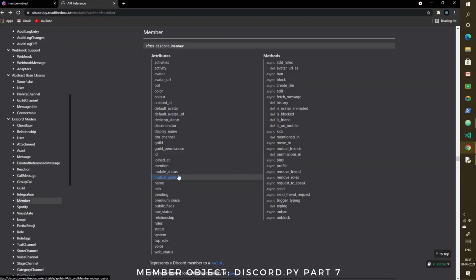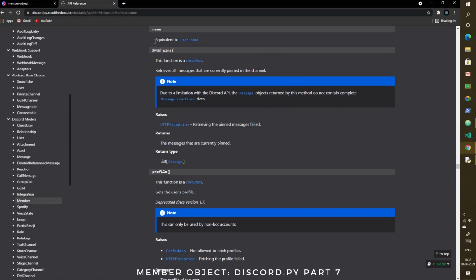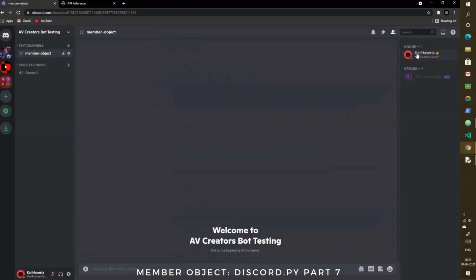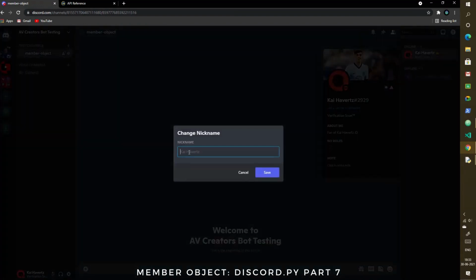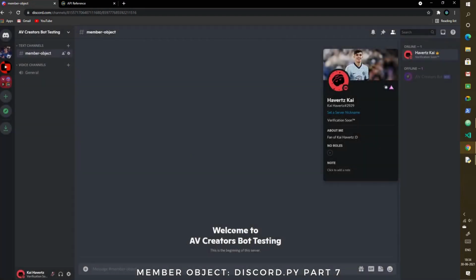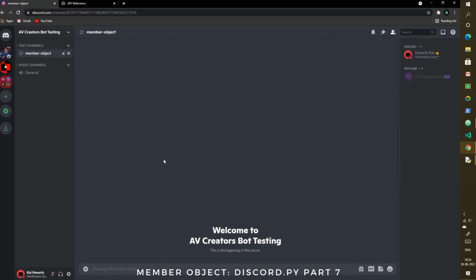So f-string here, and let me go and click on name and show you. It's basically the name of the user. So for example, here my username is Kai Havertz, and if I set a server nickname, let's say Havertz Kai, we'll see how this works out because I'm also going to show you the nickname attribute.